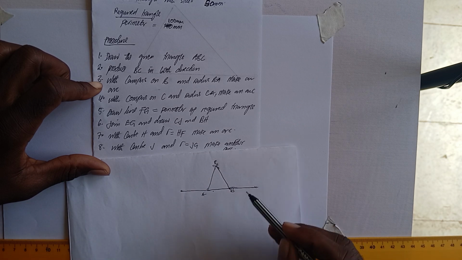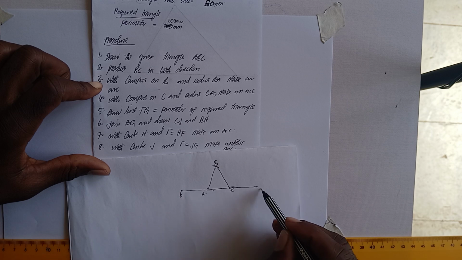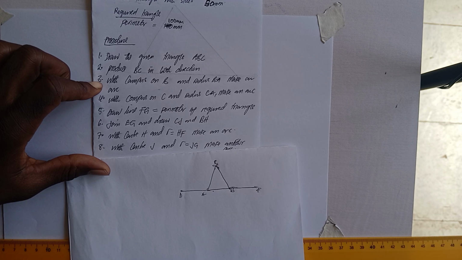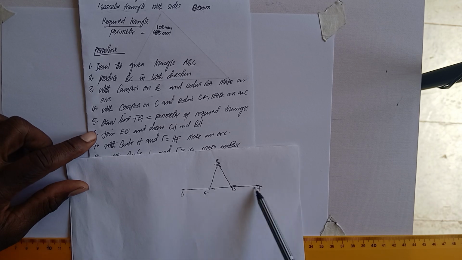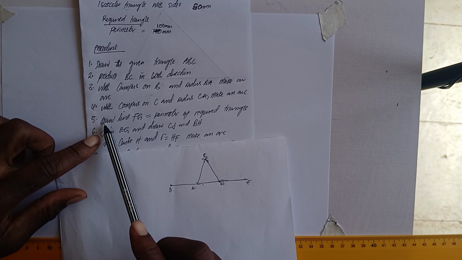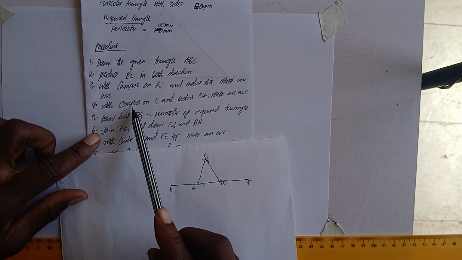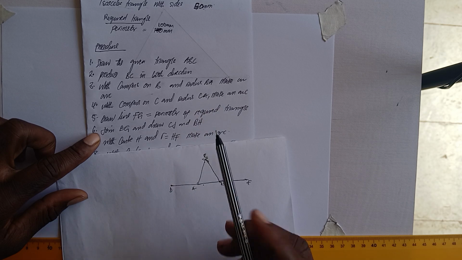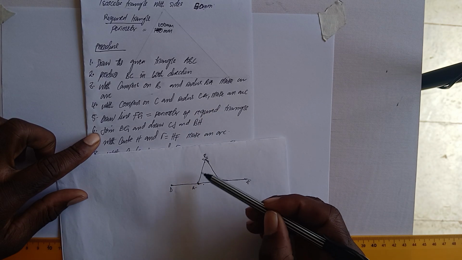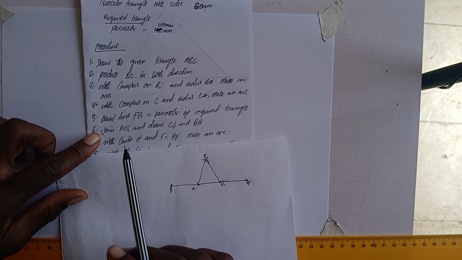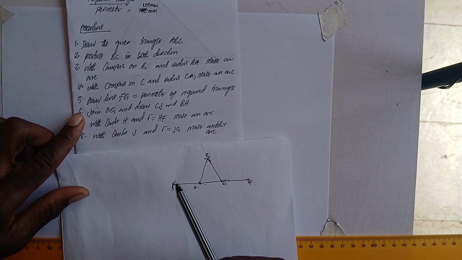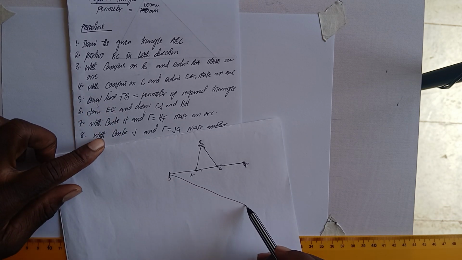We can name this as D and this as F. After we have done this, we are told, with a compass on C, we can skip this since we have used this same radius. Then afterward we draw a line from here to there, which is equal to the perimeter of the triangle